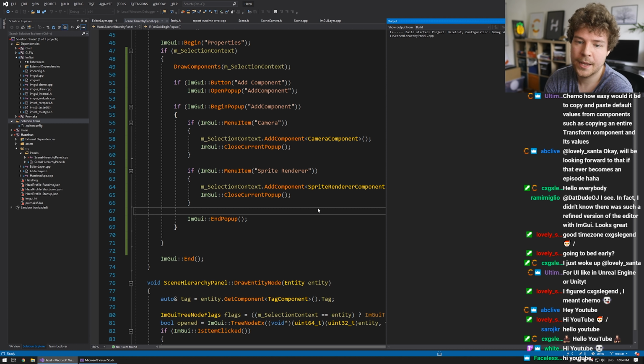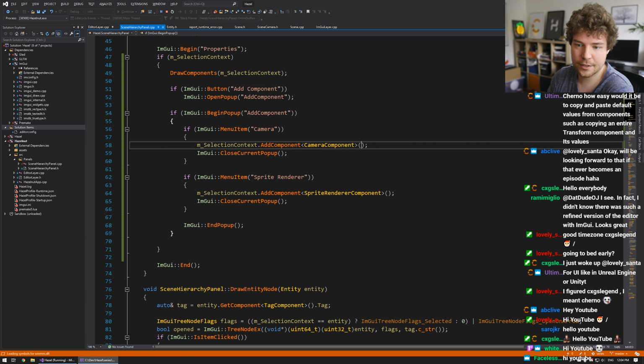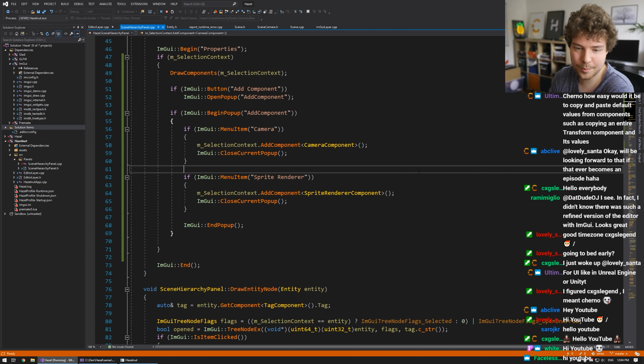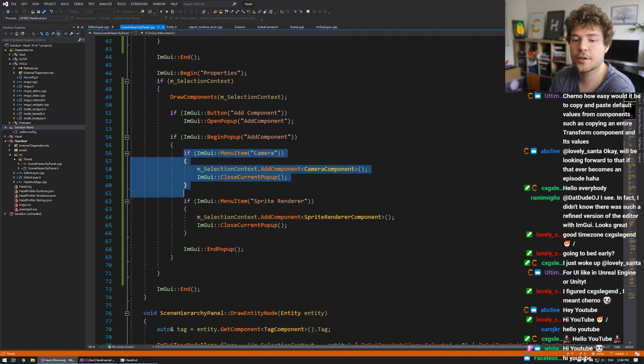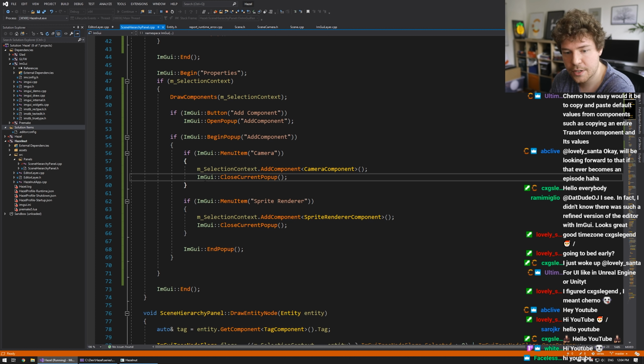Nothing to it, really. Now, you can probably notice that, first of all, we are going to have a lot of components in the future, and this code is fairly simple, right? I mean, really the only variables here are the string, which is the name, and then the actual component. So we could easily bring this out into a templated function, or even have some kind of component registry so that we can iterate over every component inside Hazel, like in a for loop or something, and